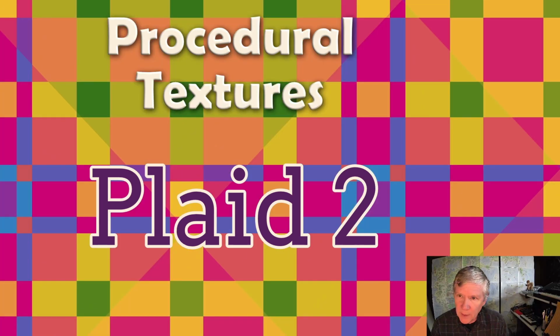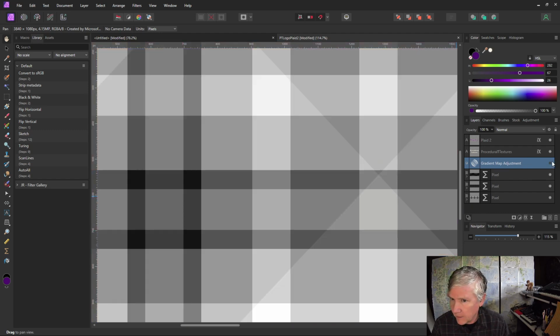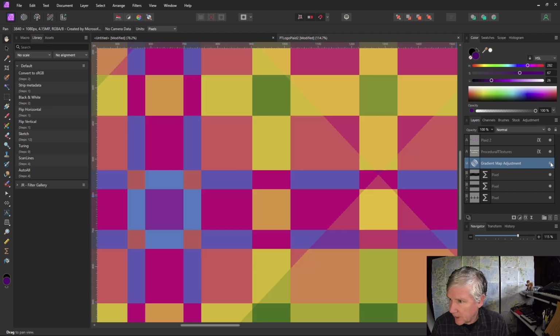Going to show how to make this plaid pattern using Affinity Photo's procedural texture filter. This is based on the plaid pattern that I did earlier, but I modified it a little bit, simplified it in some ways, made it more complicated in others. Instead of building the colors directly into the pattern, I'm now just creating a grayscale pattern and then applying a gradient map. That way I can make several copies of the procedural textures and add them together until I get